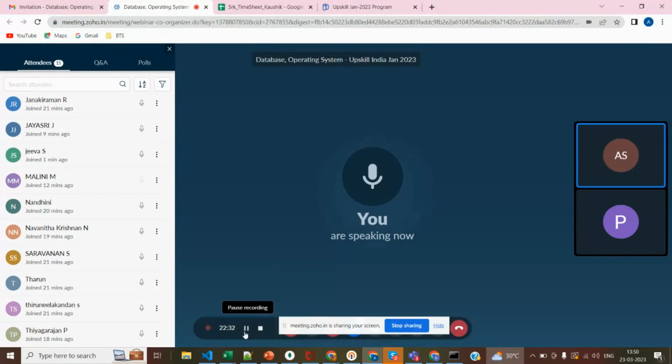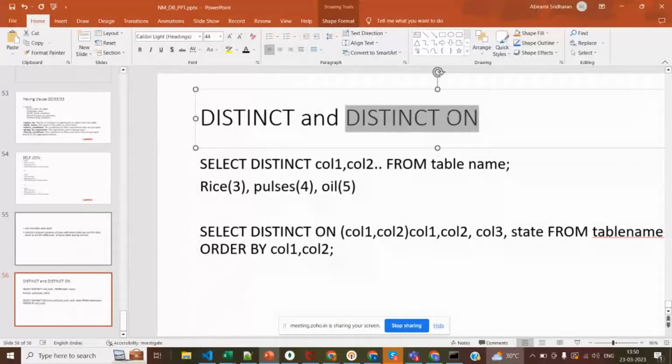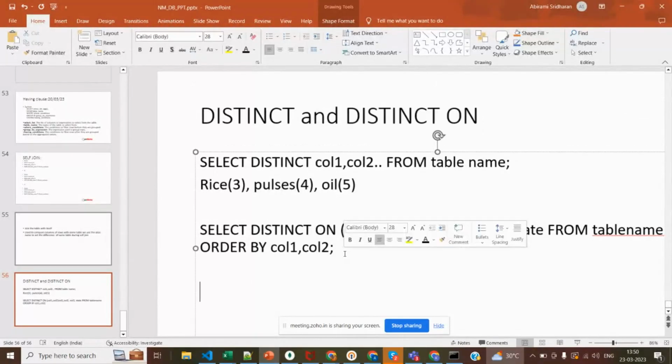So the next topic we are going to see is DISTINCT ON. You can see the major difference between DISTINCT and DISTINCT ON is, when you have a similar grouping of data like this, you can see the similar grouping of